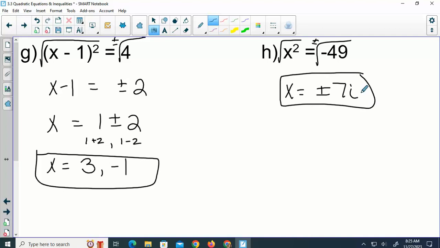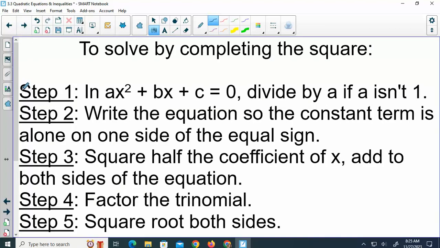Any issues at all? Okay, so what we're going to do tomorrow is solve by completing the square. It's a longer process, so I want you to go ahead and write down the process in your notes today. I'm not going to do any examples on it until tomorrow. So write this down. Once you have that down in your notes, you can start the homework, which is a Math Excel assignment. Okay? So there's your class